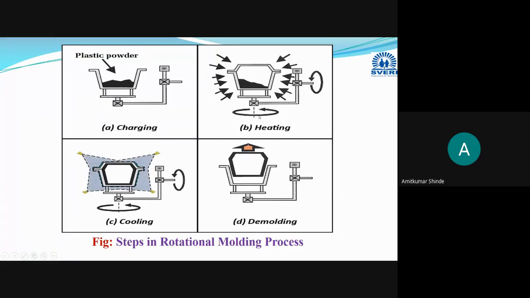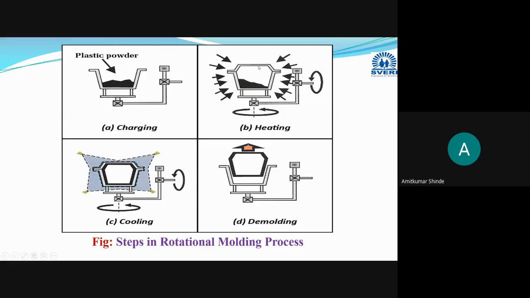Okay, in this direction and in this direction also, you can say along the x-axis and along the y-axis, it is rotated biaxially. Biaxially rotated means heating is provided and simultaneously it is rotated. Now what will happen due to heating? This powder will melt, or it will become soft. It will soften, and due to the rotation, what will happen? This powder will be thrown at the corners.